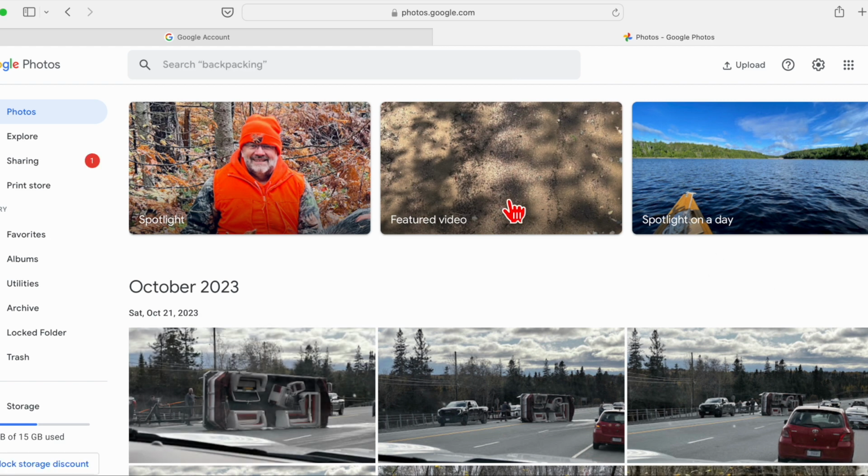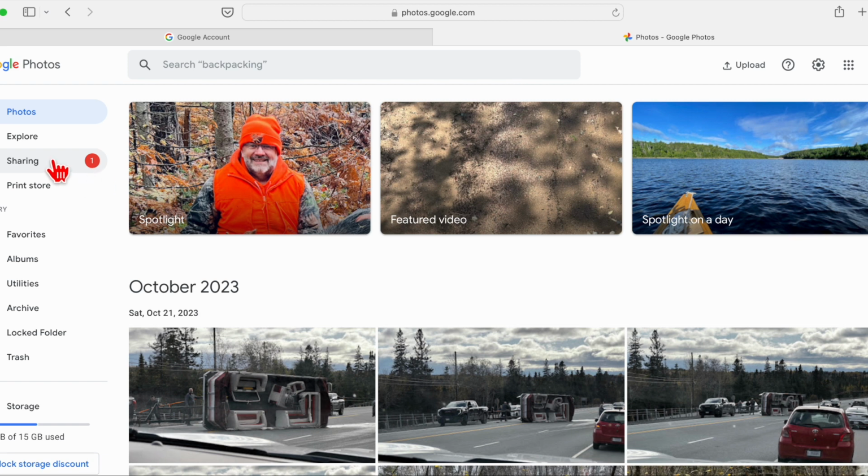and you'll see this is my Google Photos. There's a little bit of personal stuff in it, but most of it's this Wallace stuff. And at that point, you would want to go to sharing. So you'll see there's a red notification, and that tells me one new thing has happened in the shared